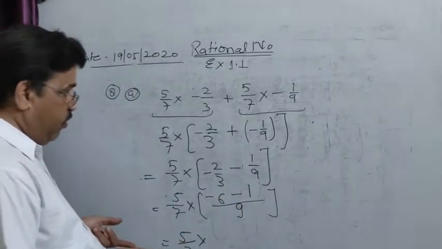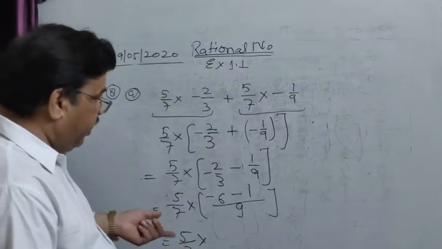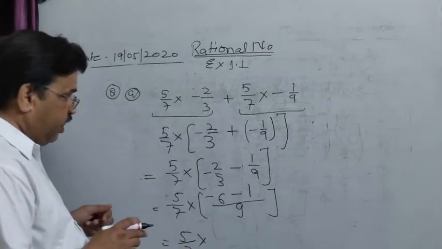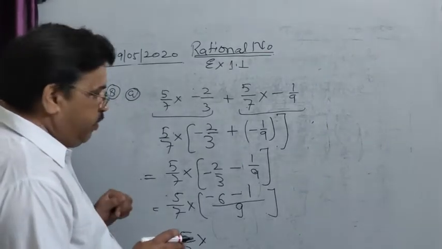Okay, and add these two numbers. Why are we adding these two numbers? Because they have the same sign. If the numbers have the same sign, you will add them. Okay,